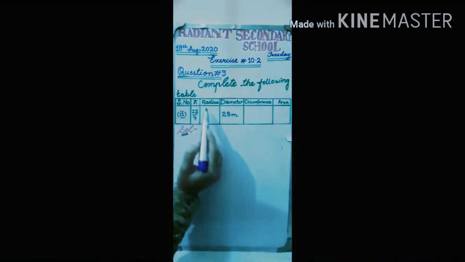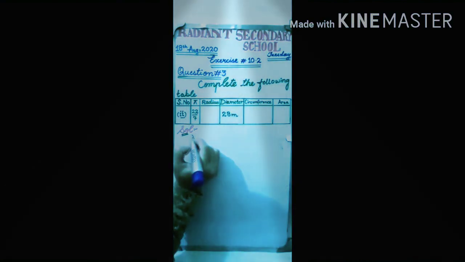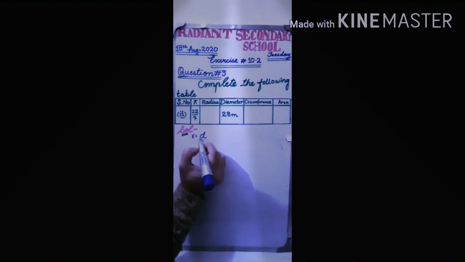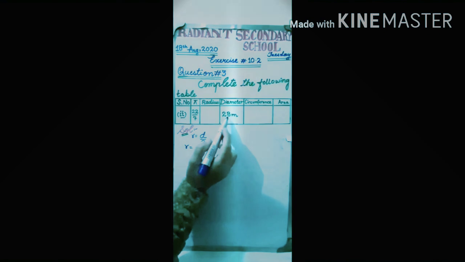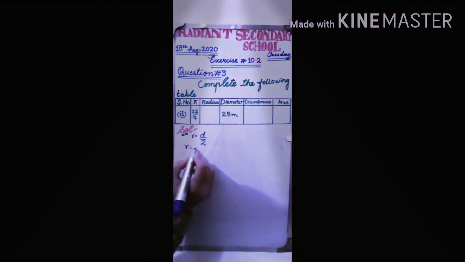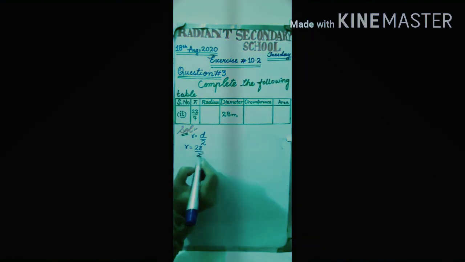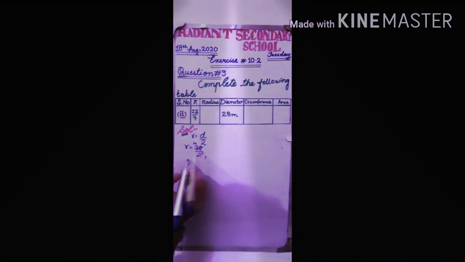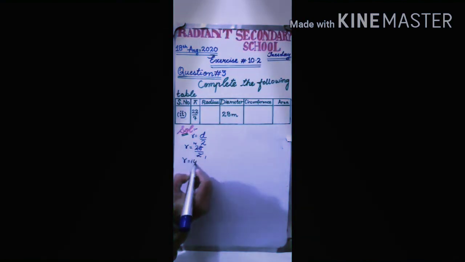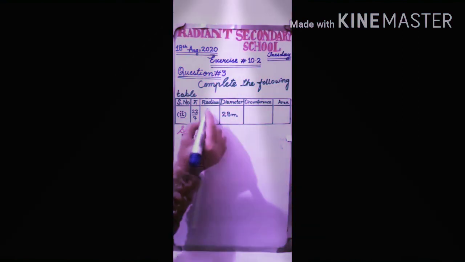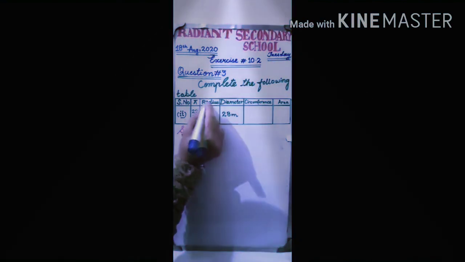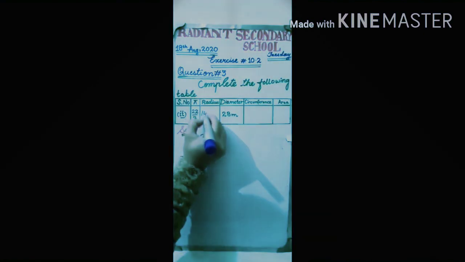Now I am starting from radius. We know that the formula of radius is r is equal to d by 2. D means diameter. So put the values here. Diameter is given in the question, 28 by 2. Now cut this. 2 ones are 2, 2 14s are 28. R is equal to 14 meter. That is the required radius. Write this radius over there, because radius is present here. We have to mention over there 14 meter.